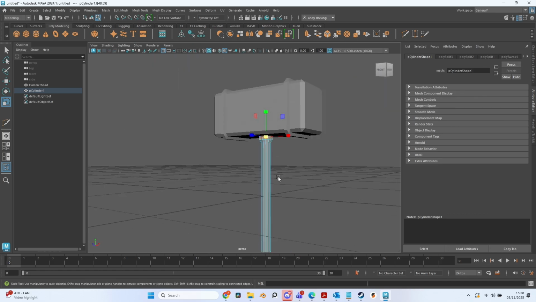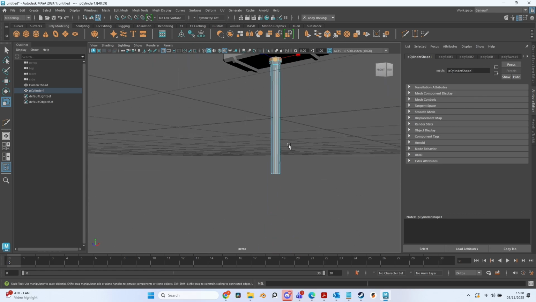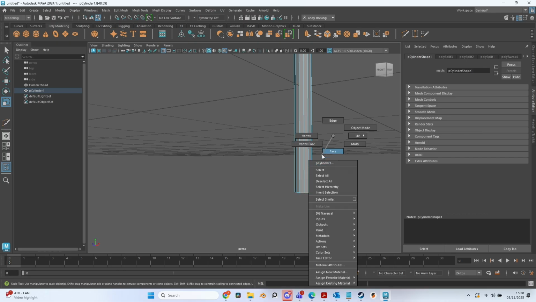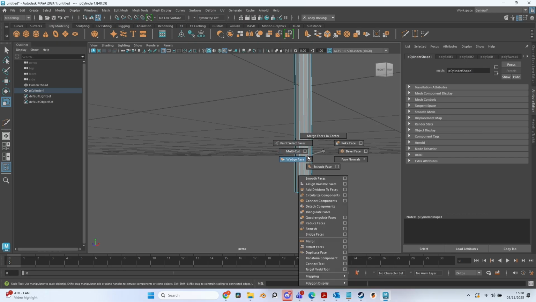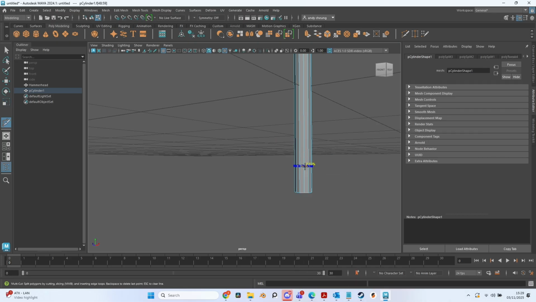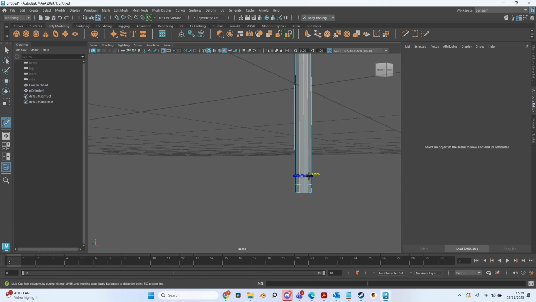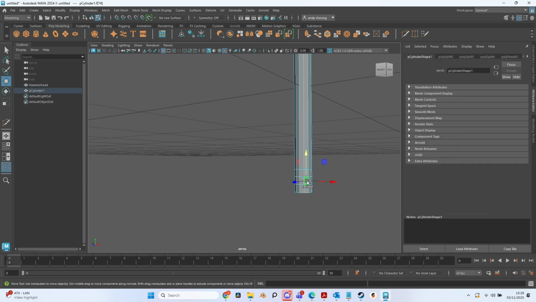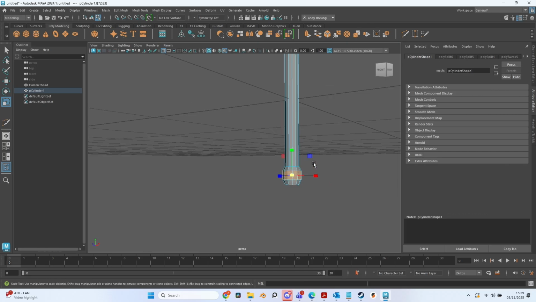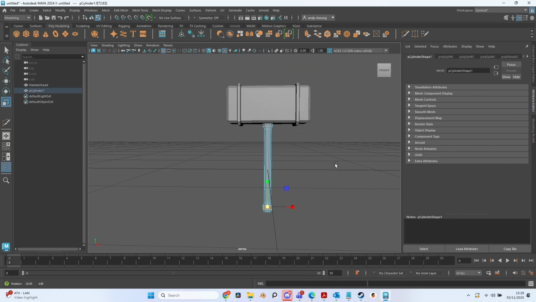As you can see, the tools here actually work. And once again, I'm going to do the same thing over here. It's just quicker for me to use multi-cut, but you can use edge loops if you want. I'm going to hold Control, press one here, press one there, and press one more here. Go press W. Select this one, press Q actually. Select that, extrude that, and we have the same hammer as we did